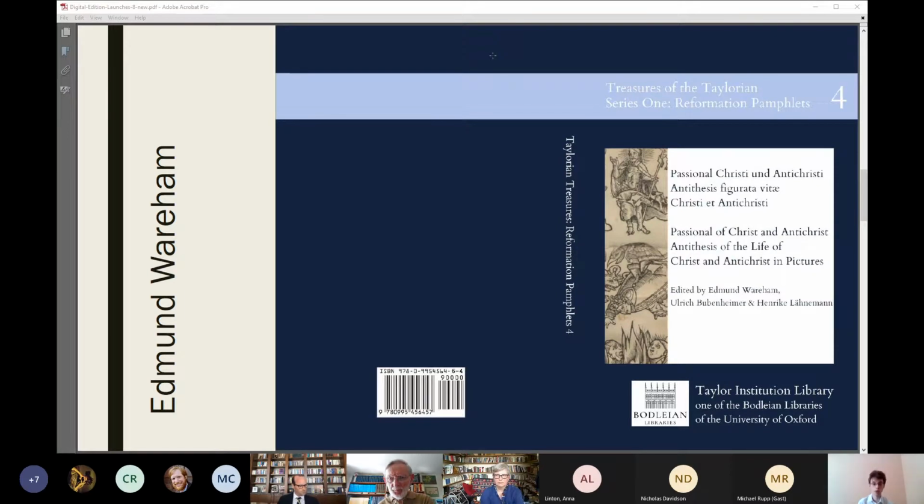We therefore thought it important to produce a critical edition for the first time and to offer an independent translation of the Latin text. As Ulrich Bubenheimer demonstrates in his introductory essay in the publication, evidence points to the fact that the Latin text was written first, but only published after the appearance of the Wittenberg German language editions. In producing the edition, we uncovered that there are in fact two print variants of the Latin edition, A and B. The Bodleian copy, which we will see later today, is an example of the print variant A, containing errors